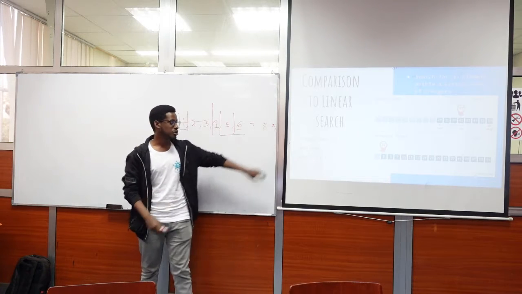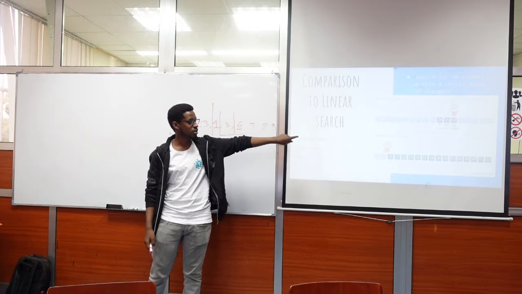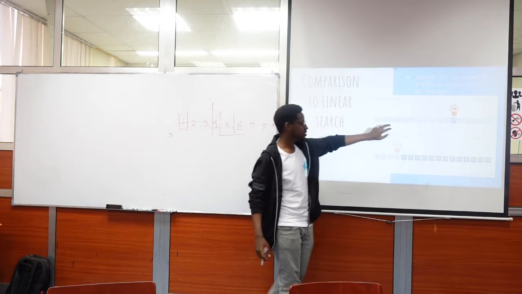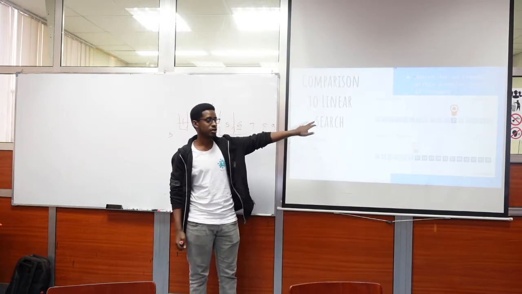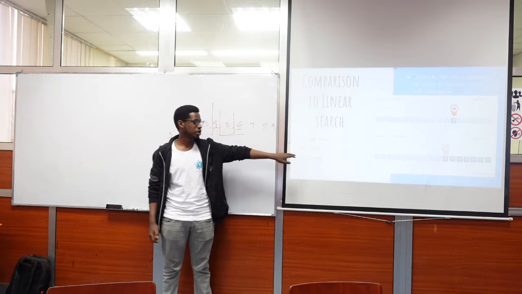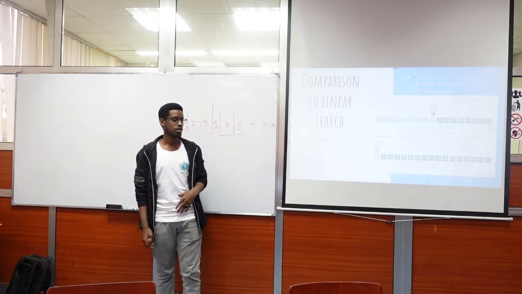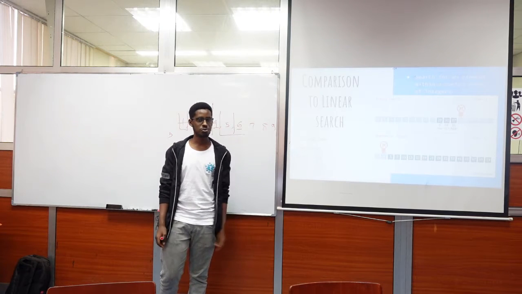Exactly. If the element was found at the middle, like in this case, I think it's 23. If it's at 23 exactly, binary search would find it in 1 step, compared to sequential search, which would take, I think, n over 2 steps. And the worst case would be